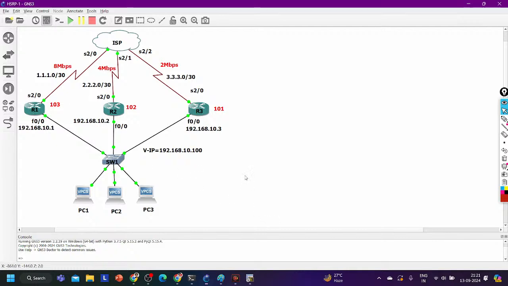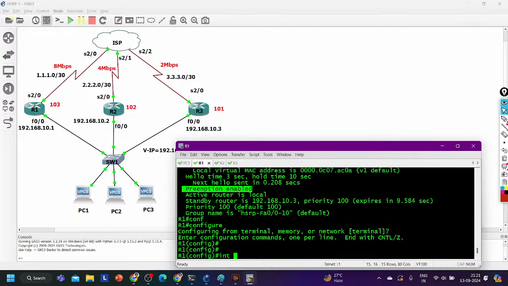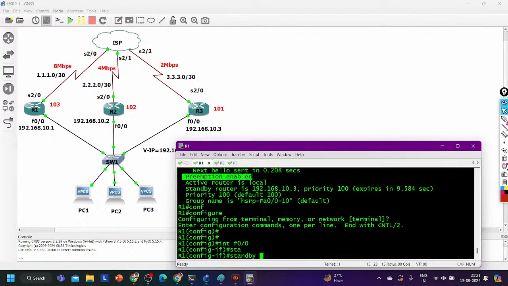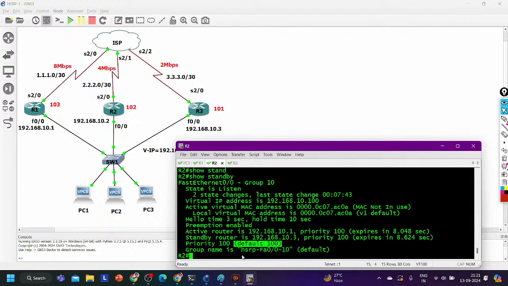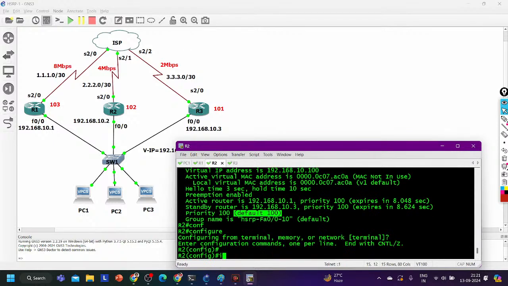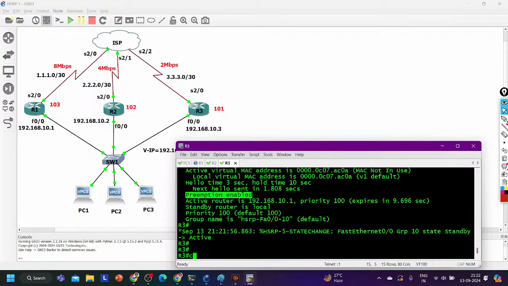And guys, for the proof of preemption, I can configure the same priority on all the devices, right? Not default priority, because right now preemption is not working because of default priority. So on router number 1, I'm going to set priority 90. Let's say on all the devices I'm going to set priority 90. Under F0/0, say standby group number 10 priority 90. And let me copy the command. On router number 2, interface F0/0. On router number 3,